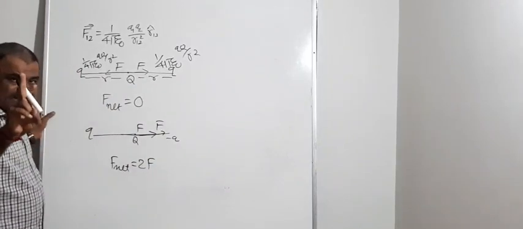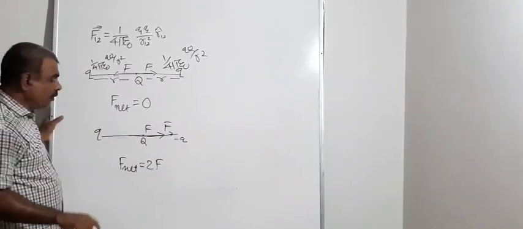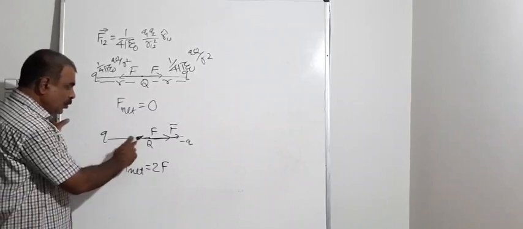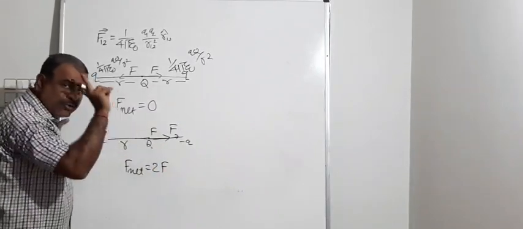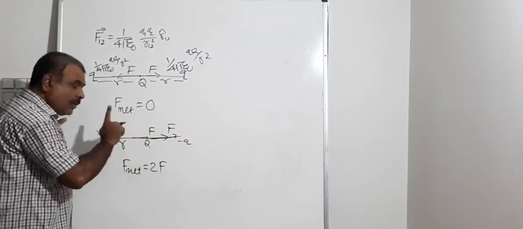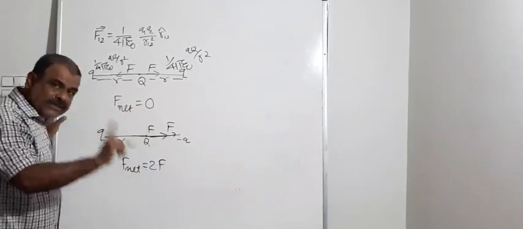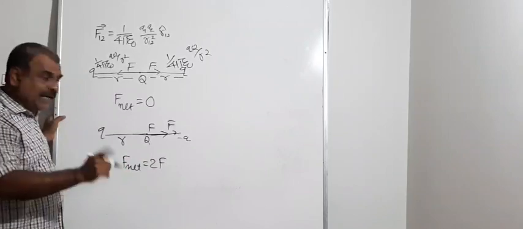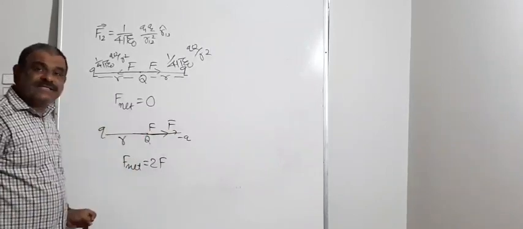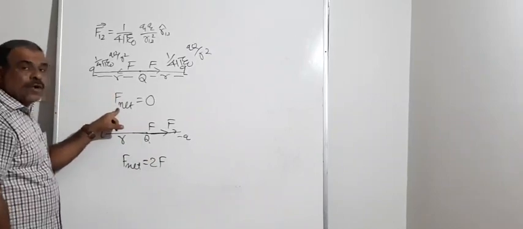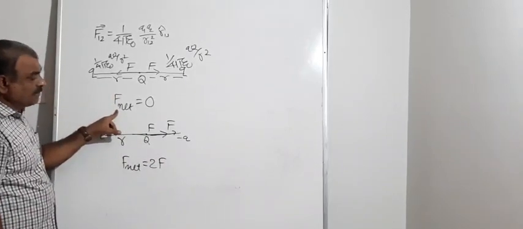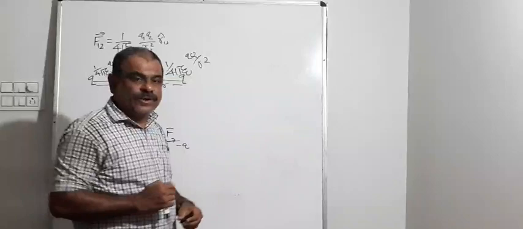If you consider the sign of charge, you will get the wrong answer, because it is Q by R square, minus Q by R square. If you are adding that, you are wrong. Why? You don't have to consider the sign of charge. What you have to consider is the sign of direction. Here both forces are in the same direction, so the total is addition. Here both forces are in opposite directions, so the total was subtraction. So this was the first point.